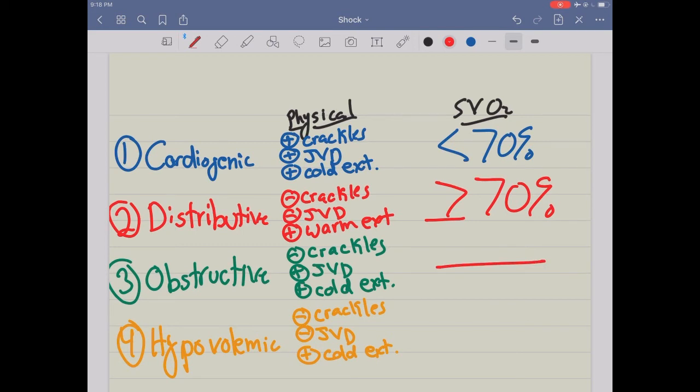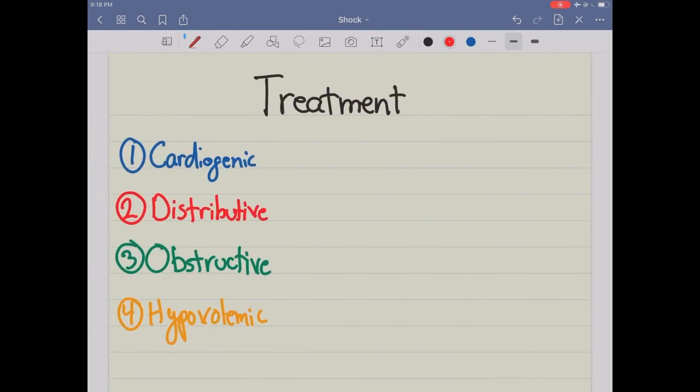And in hypovolemic shock, again, you really don't need an SVO2 as well. So this is our basic SVO2. Why is all of this necessary to diagnose these conditions? Again, as a reminder, these patients are in shock. They're on the cusp of death. So what you really are doing all of this for is for this right here,